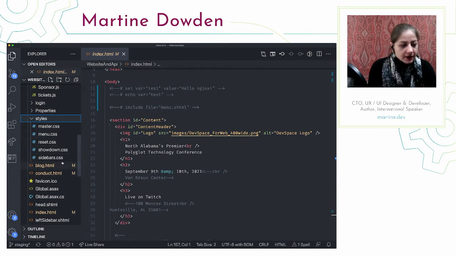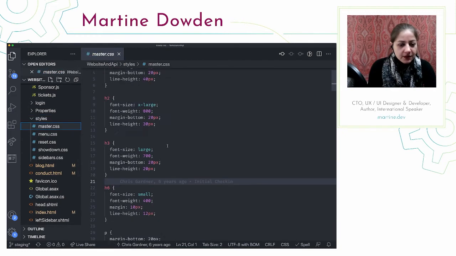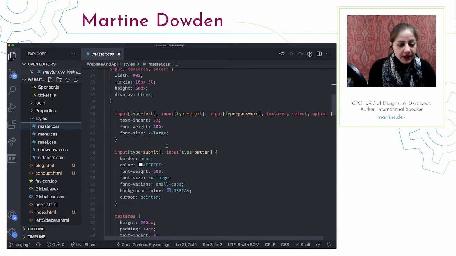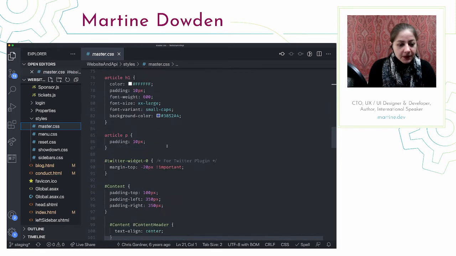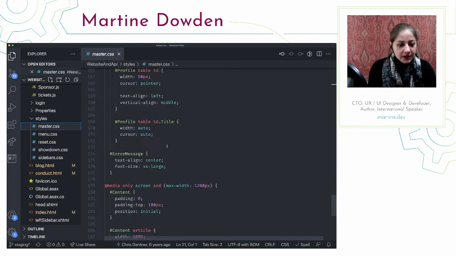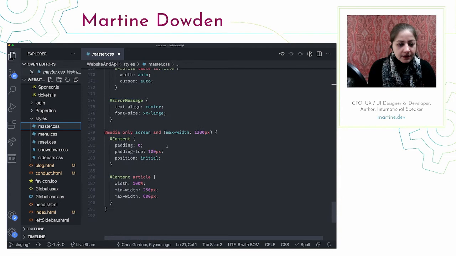Obviously, they've broken it down by the components. So I'm going to look at this master file over here. We have some base styles, which is really cool, and which I really like, because that means they've already got a theme going on. So we're going to deconstruct that and rebuild back up again.